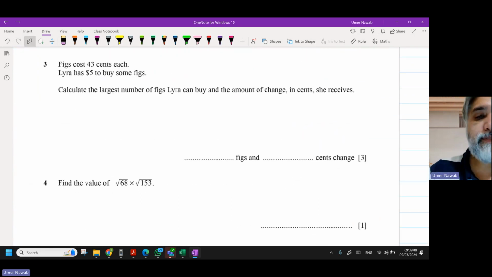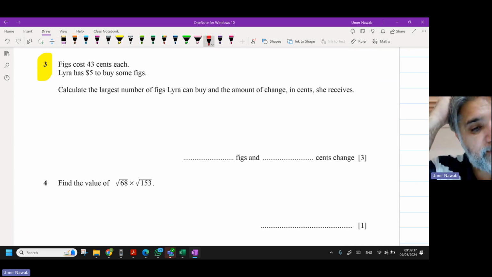Next, question number 3. Figs cost 43 cents each. Lira has $5 to buy some figs. Calculate the largest number of figs Lira can buy and the amount of change in cents she received. So each fig costs 43. Do we know how many figs she's gonna buy? So we say that she is gonna buy X figs, right? So 43X,